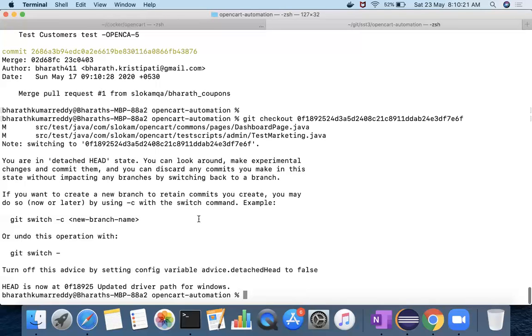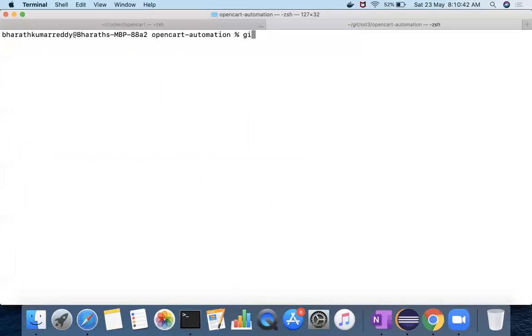Actually, what happens here is you are in a detached state. You can click around, commit, and you can discard any commits without impacting any other branches. Okay. I'll take a separate session on how to revert those changes. Right now, I'll do it normally. Okay.